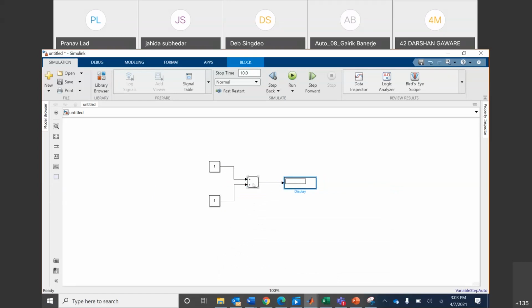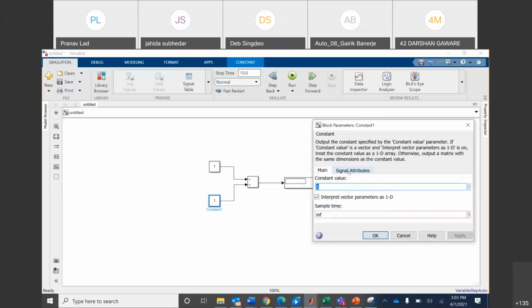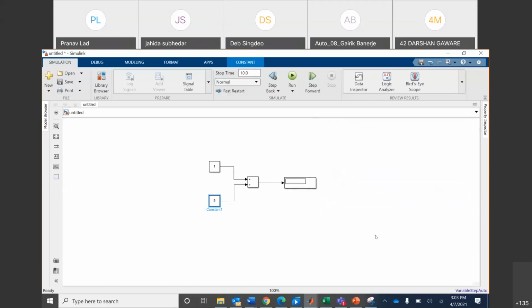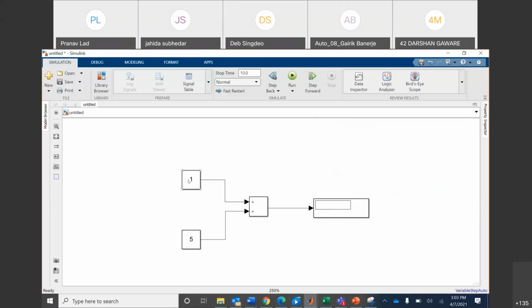Now, if I want to change any of the constant values, or the working of any block, or the inputs going into it, you can just double click it. This sort of window will open up. So here the constant value was by default 1. If I want to change it to maybe say 5, I can do this 5, right? So what we are basically doing is adding 1 and 5, and we'll be seeing the output over here. So this is very basic stuff, just to get introduced to this environment. Let's see how that looks.